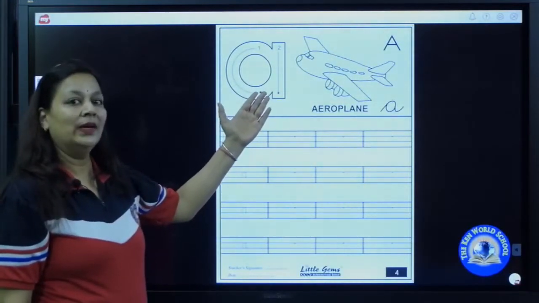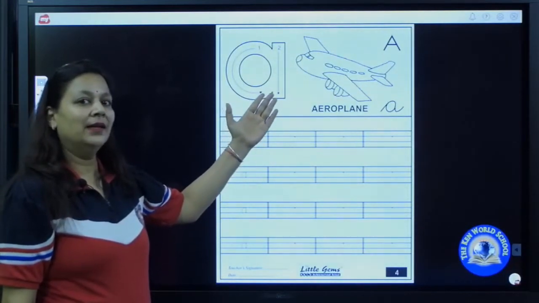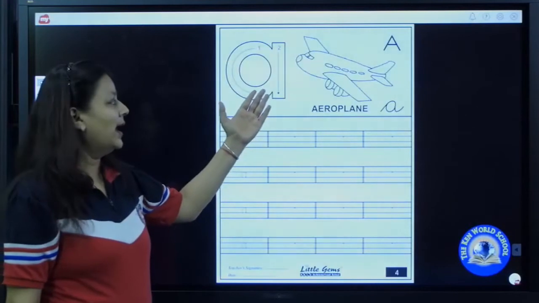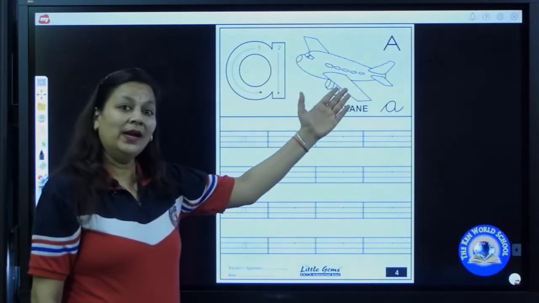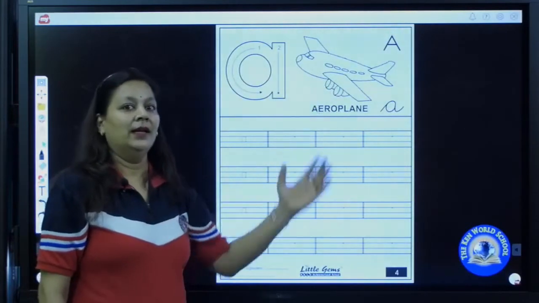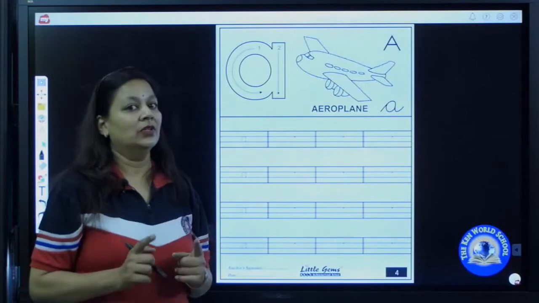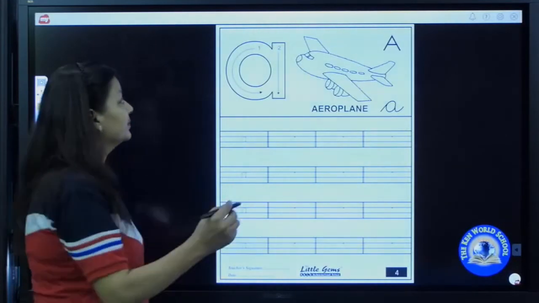Now tell me which letter this is. This is lowercase a. A says /a/. A as in aeroplane. Now watch me carefully. I am going to tell you the formation of a again.